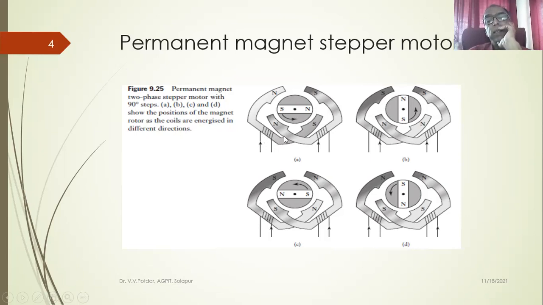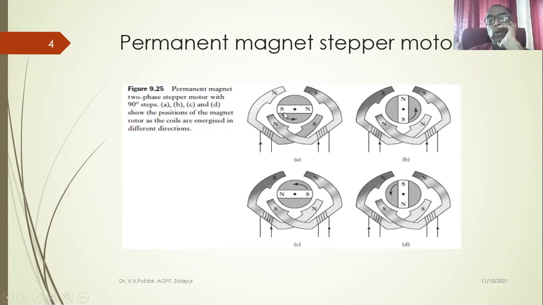Once these phases are energized, the rotor will start rotating. This is the horizontal position, and then as the stator poles are energized, the rotor has rotated by 90 degrees.